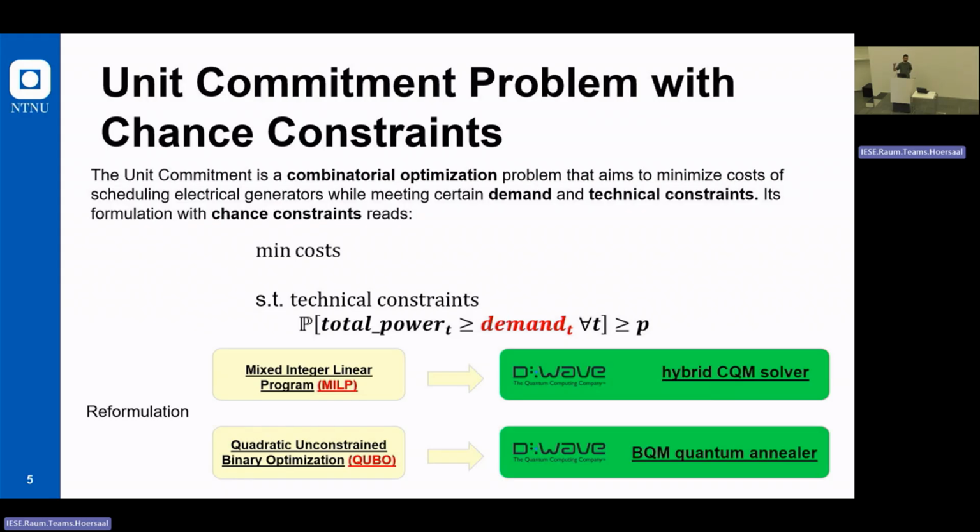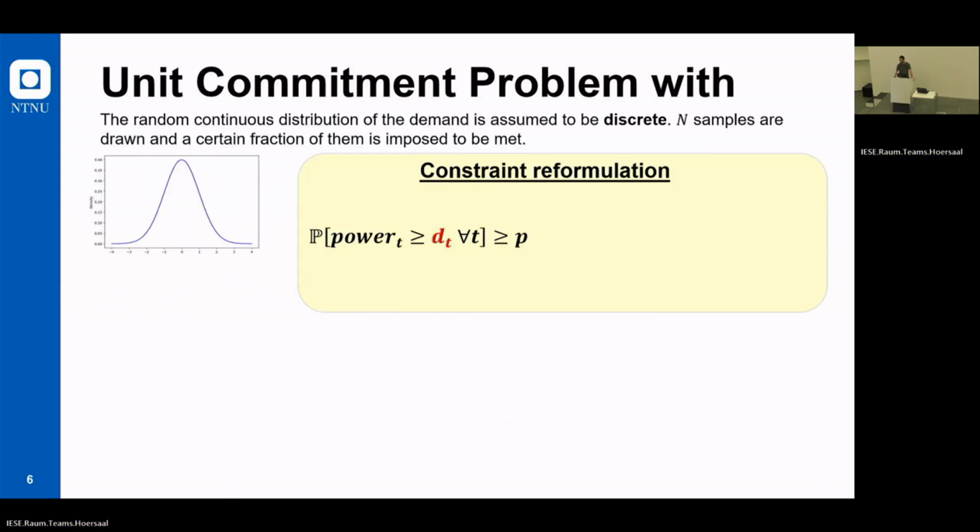And then from the MILP, we can go into a QUBO by doing some changes that I will also explain. And then once we have a QUBO, as we know, we can go to the pure quantum linear from D-Wave. At least that's the theory. We will, spoiler alert, it might not be possible, but that's the goal.